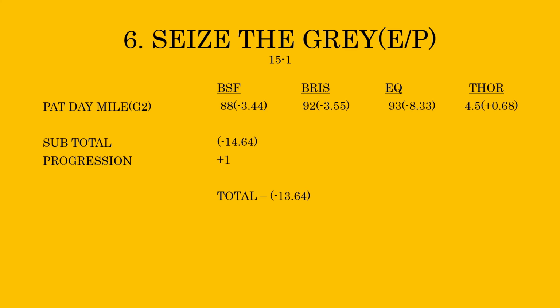So the Thorograph, again, this is why we like this number, because it can tell you that he ran a little better than perhaps the other numbers would indicate. So that number would put him in a pretty good place, whereas the other ones would put him fairly below average. So we want to think about that. And I would probably rely more on the Thorograph number here than necessarily the other 3 in this particular instance,